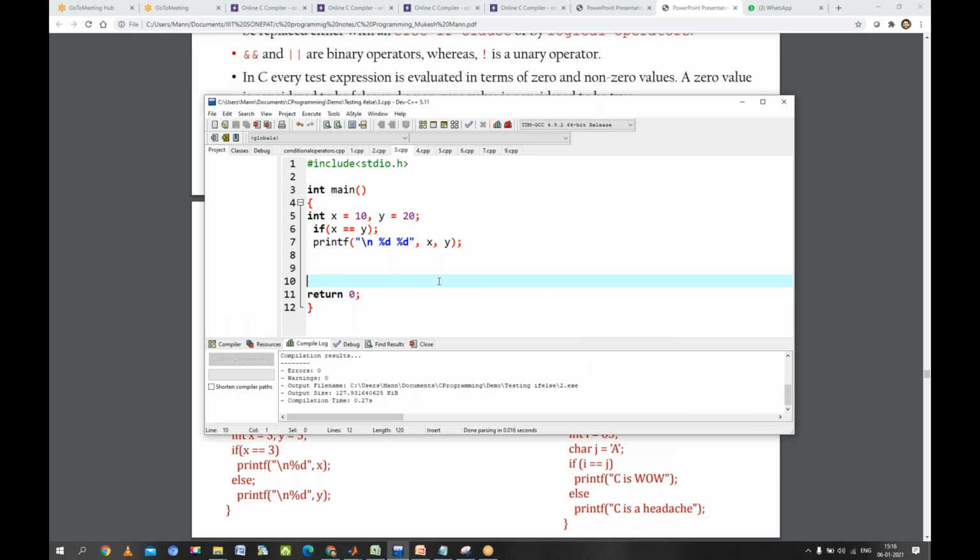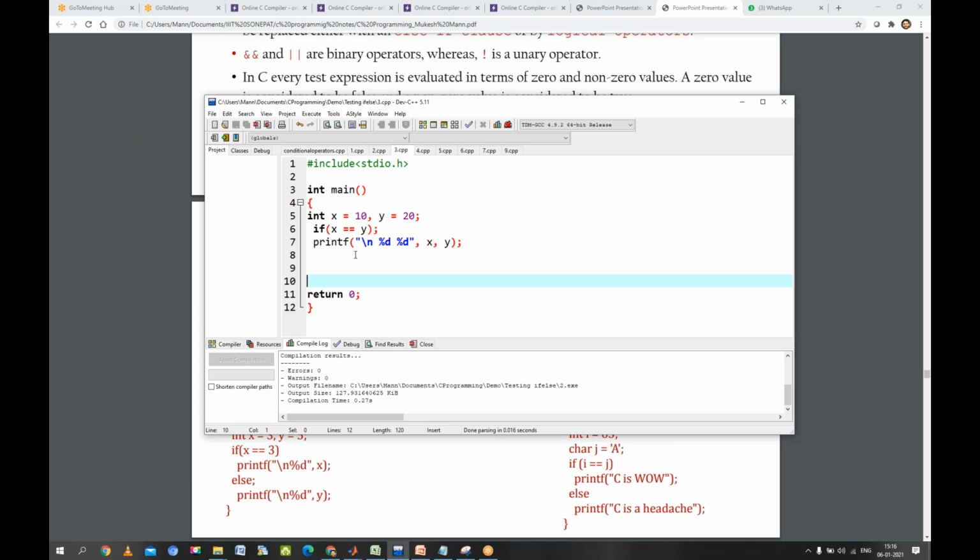Now see, we have taken x equals 10, y equals 20. Then we are going to compare: is x equals y? This condition is false. Then we have applied the example we took yesterday: a semicolon immediately after the if, with no curly braces.